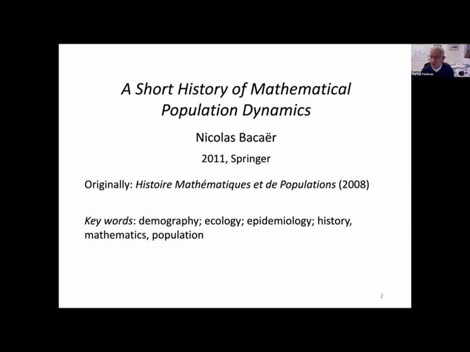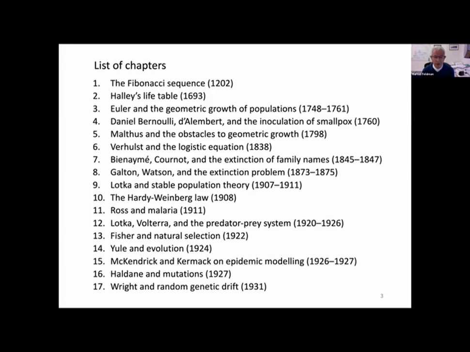But it's not the first time that theory was included into population biology. And I wanted to draw people's attention to this book, which was originally in French. In this document, Bacaër lists a kind of history of where theory had been included in issues of population. It extends from very ancient things to early life tables to Malthus, Bernoulli, and foundations of what we think of as epidemiology, Galton, Watson, and branching processes, the early papers on theoretical ecology,